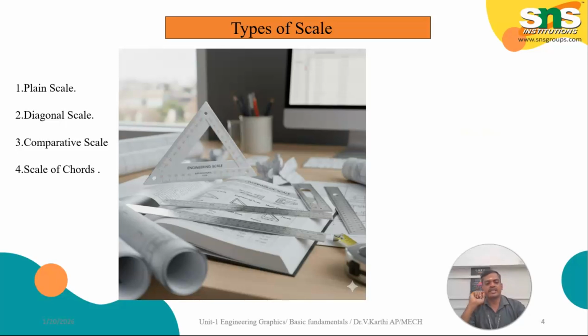Next is the scale of chords, used to measure angles based on the circle chord principles, used when a protractor is not available. The applications: mechanical field, civil engineering, angle constructions. So these are the types of scales commonly used in the various